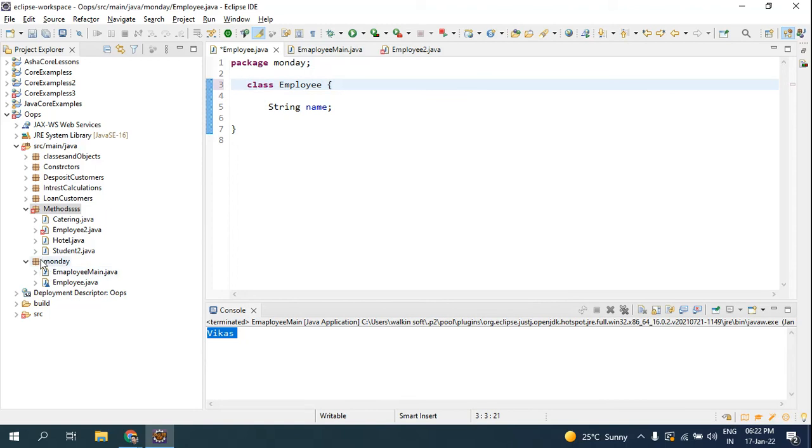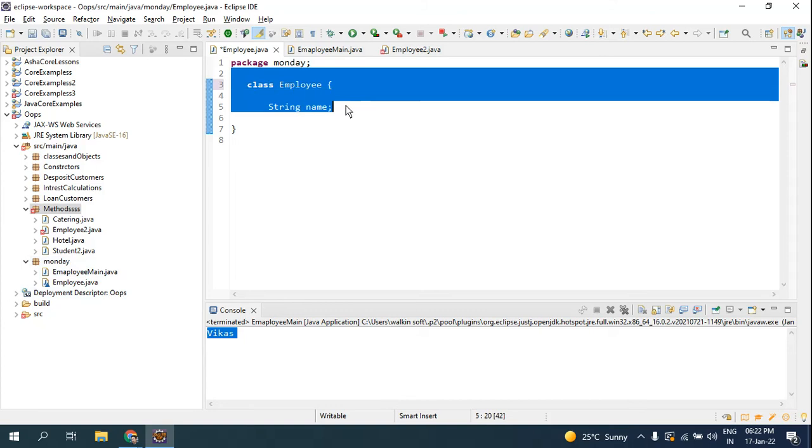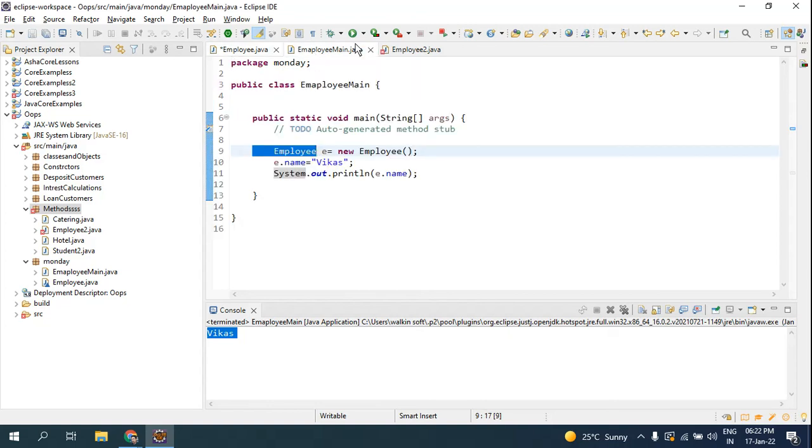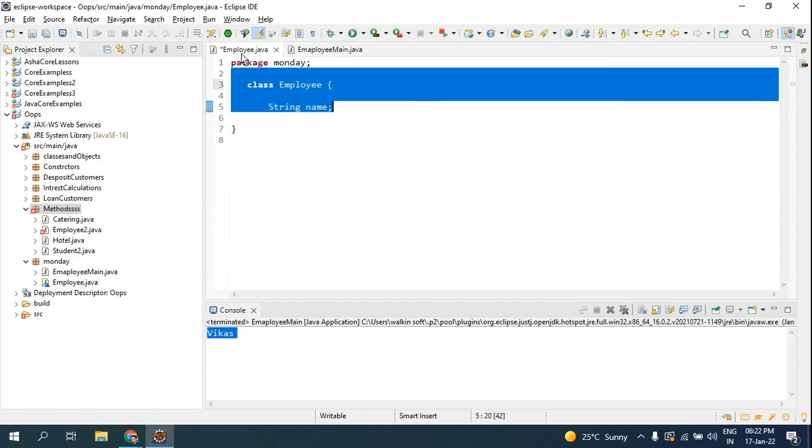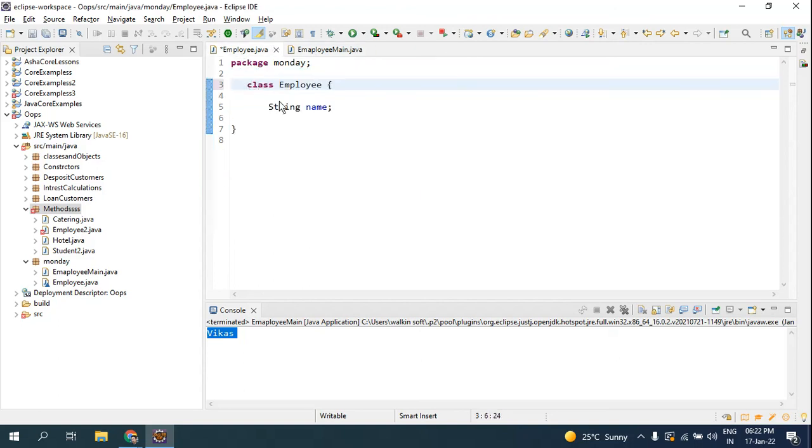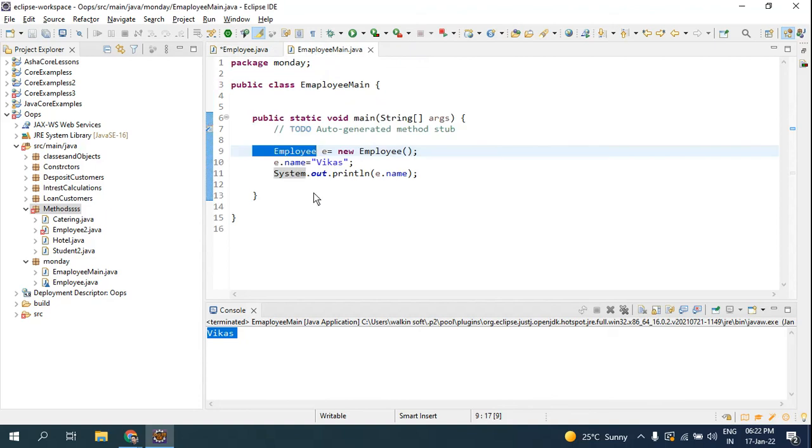Whatever the classes you are going to create on Monday, only those classes can have access to this employee class and string name. And one more main thing you can do here is private. So when I make this private, now just forget about this employee Java 2. Now let's come back here, which has default. So when I say default, you can use it in your classes, right? Whatever the same class you have.